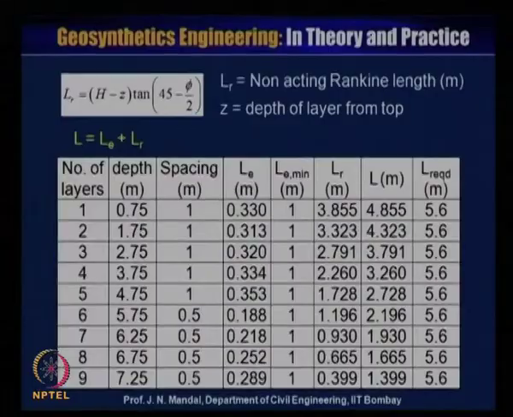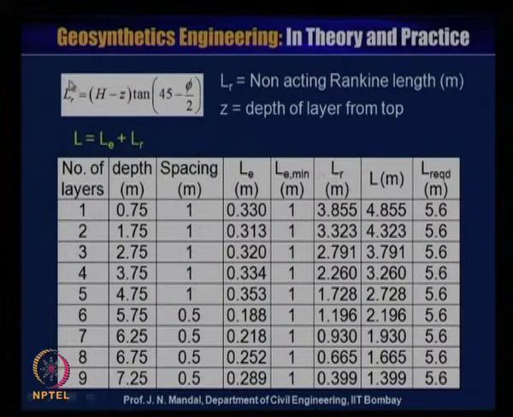From this you can then calculate the total length, that is, you know L E, you know L R, so the total length can be calculated. Here in this table are shown the number of layers, the depth, 0.75 spacing and mean vertical spacing, and the spacing is given as 1, 1, 1, 1 and 0.5, 0.5, 0.5 as I showed you earlier. And then you have calculated L E, that is the embedment length, but you require 1 meter minimum embedment length,